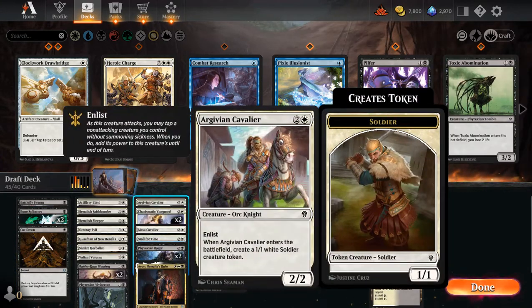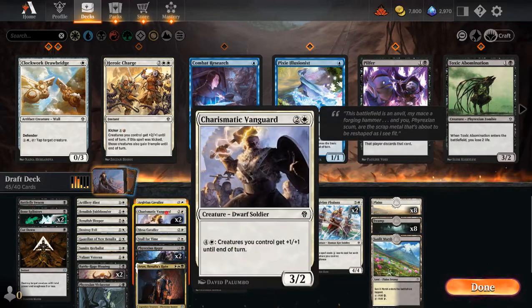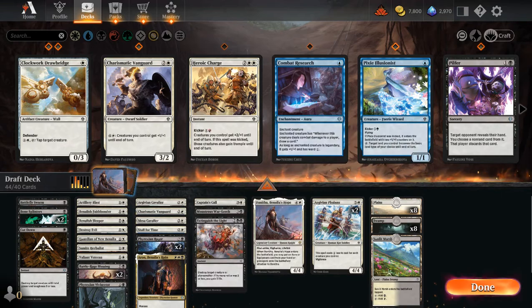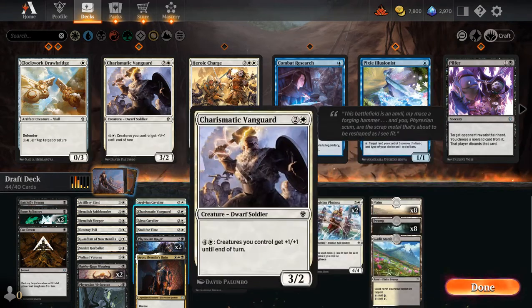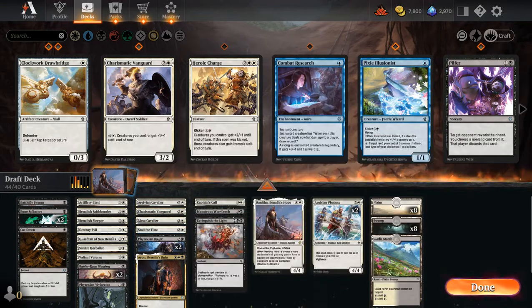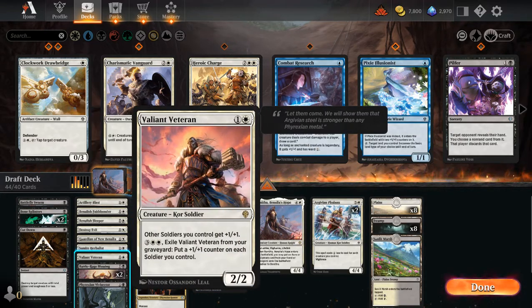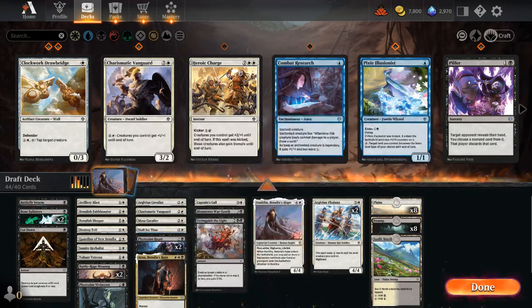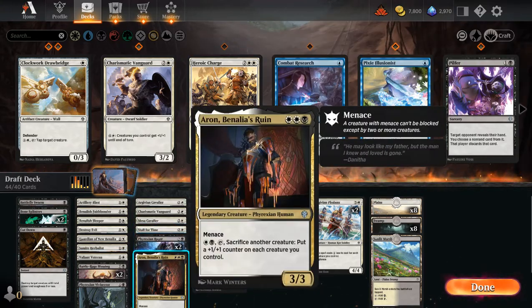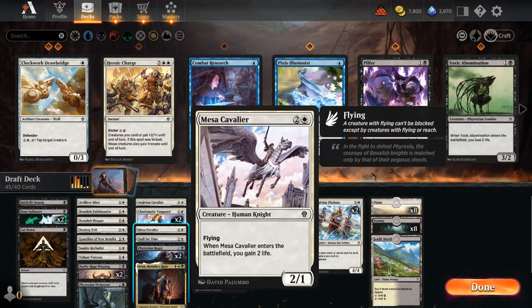What about our 3s? We have 2 Charismatic Vanguard, 2 Ragers, maybe just 1 Vanguard's enough, if that many. It is a soldier, it does get... Wait, where'd that other 3 go? Oh wait, that's a 2? What the heck? I thought that was a 3. Wow, it's pretty potent. Maybe we don't cut through that one and we cut like the...